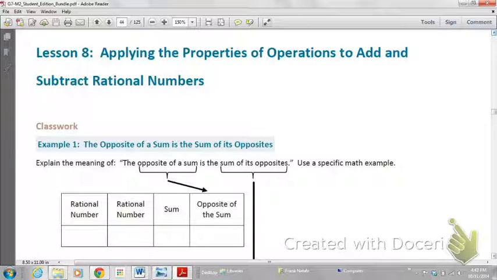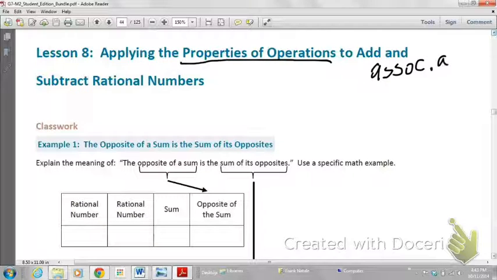Welcome to Lesson 8 in our study of rational numbers. In this lesson, we will be applying the properties of operations to add and subtract rational numbers. These properties of operations are properties such as associative, and again these are on the terminology page at the website. So we have associative, we have commutative,